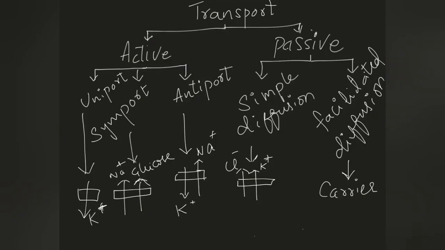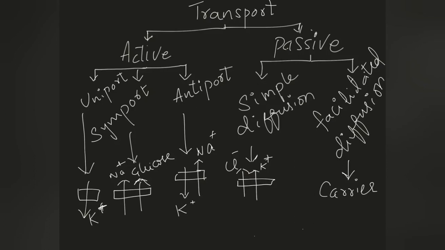So the topic is about transport mechanism. The plasma membrane of each and every cell is made up of a bilayer of lipids and phospholipids, so hence it is lipophilic in nature. Due to this lipophilicity, the plasma membrane will not allow all components to pass through it. Particularly, it allows only lipophilic components to pass through.